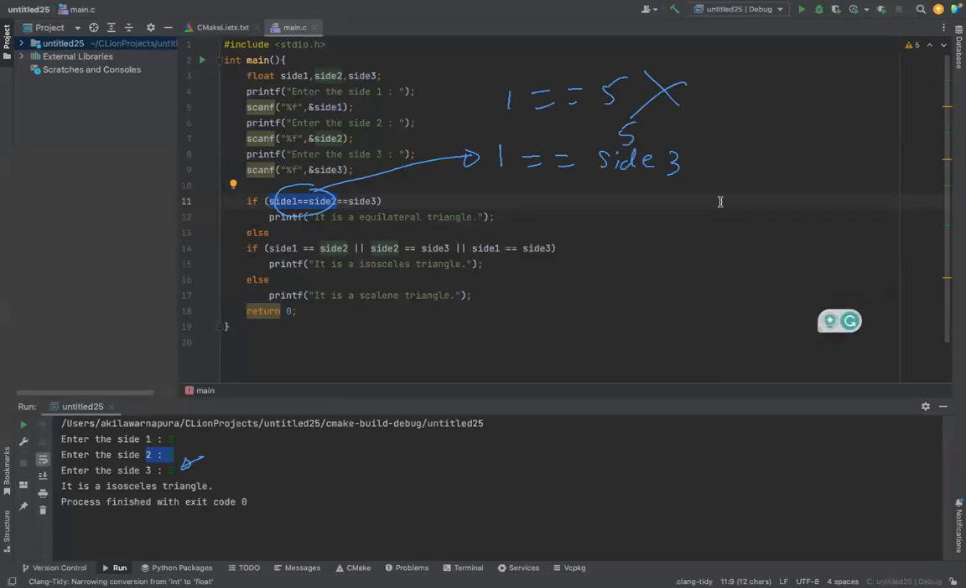Yes or no? Who did this one? Yes. Then what we have to do? You have to provide the cases separately. That means